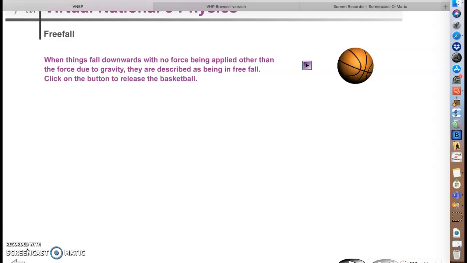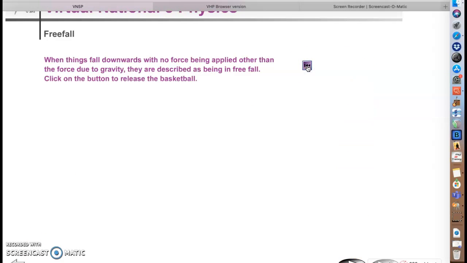There's a video I'll link to based on the moon, where a hammer and a feather are dropped at the same time. And the moon has almost no atmosphere. It does have a very slight atmosphere, but not enough to cause significant air resistance. So in this idealized situation where the only force acting is its weight, then when we release a basketball, for instance here,